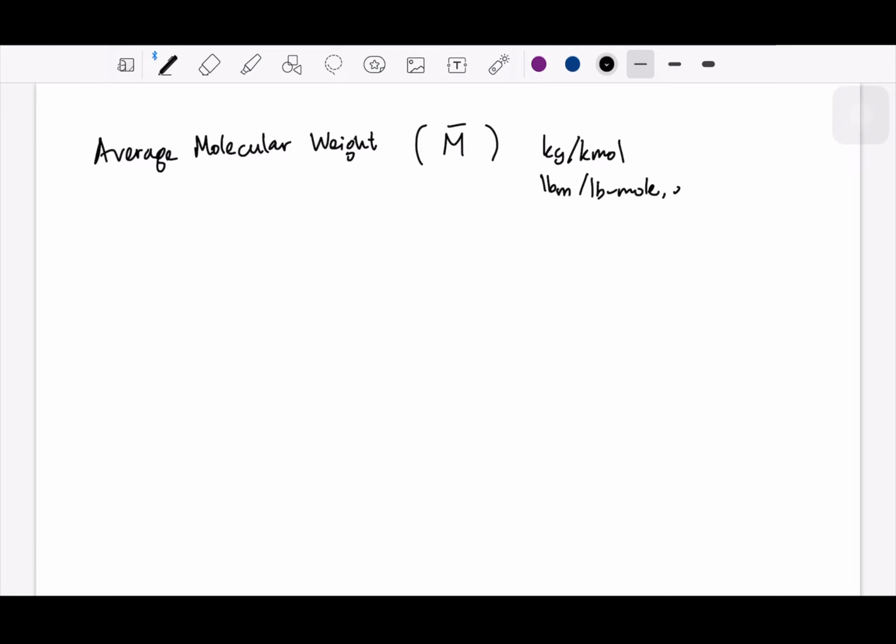And to calculate the average molecular weight, let me write here. Average molecular weight, or mean molecular weight, but usually it's frequently used, average molecular weight. We usually state this by this symbol, and the unit will be kilogram over kilomole, or if you are in the UK standards or the American standards, and there are others still, but usually just the first one is good enough. Okay,